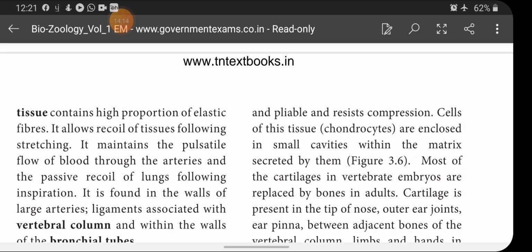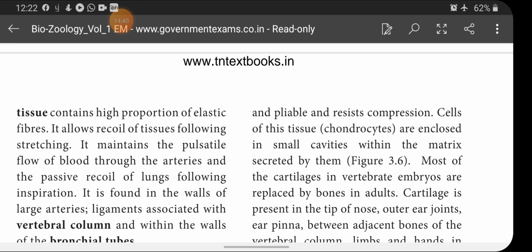So pliable means what? It is flexible. Though the ground substance is solid, it is pliable and resists compression. The cells of this tissue, chondrocytes, the cells present in the cartilage, are enclosed in small cavities within a matrix secreted